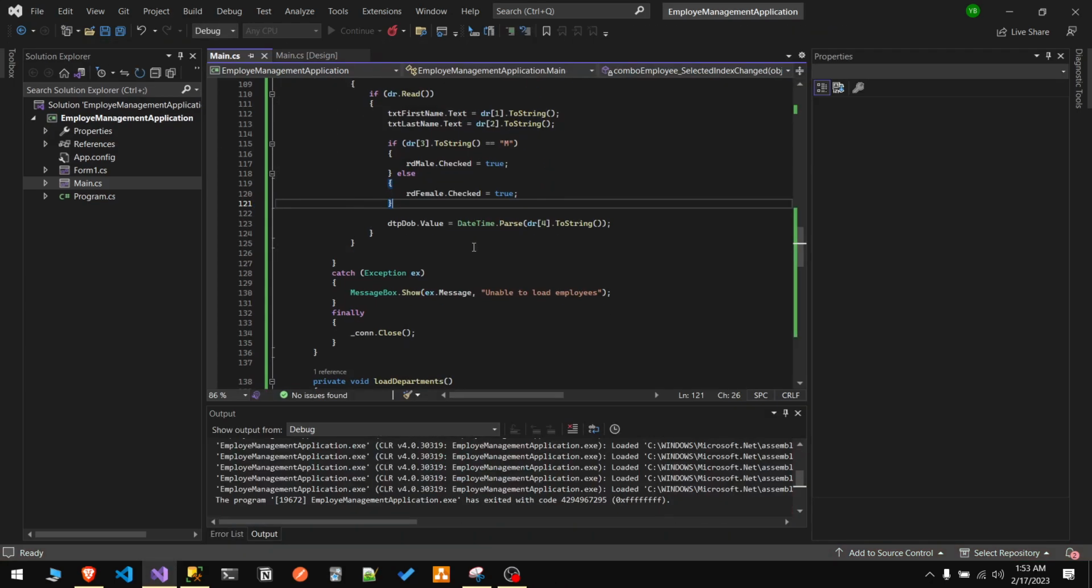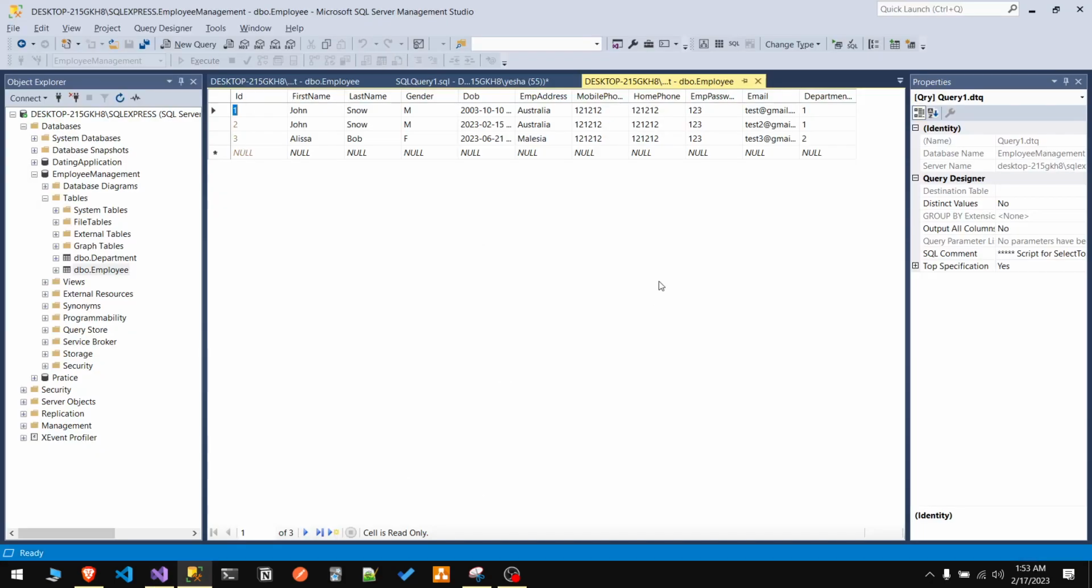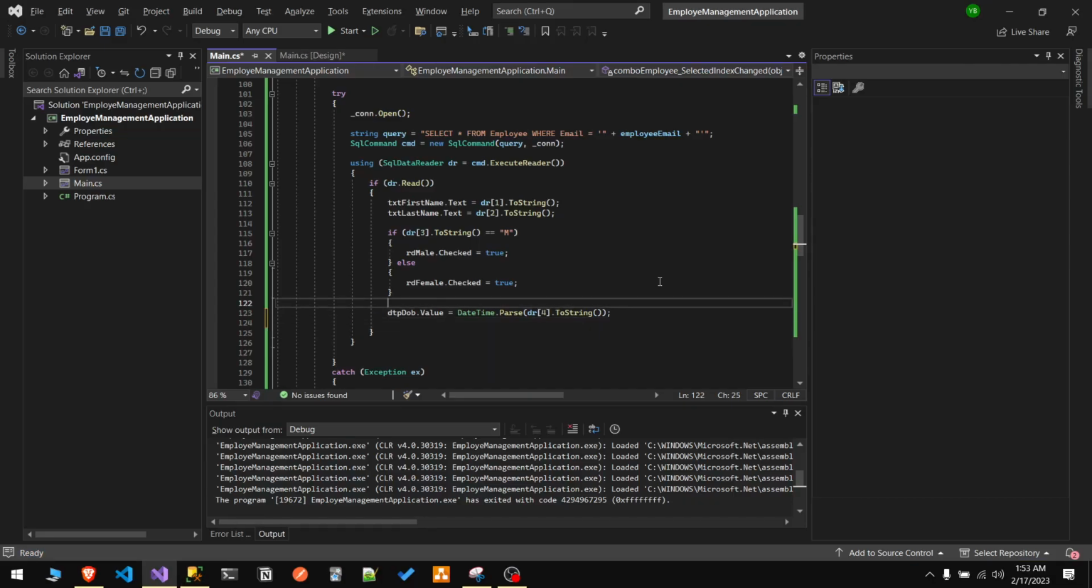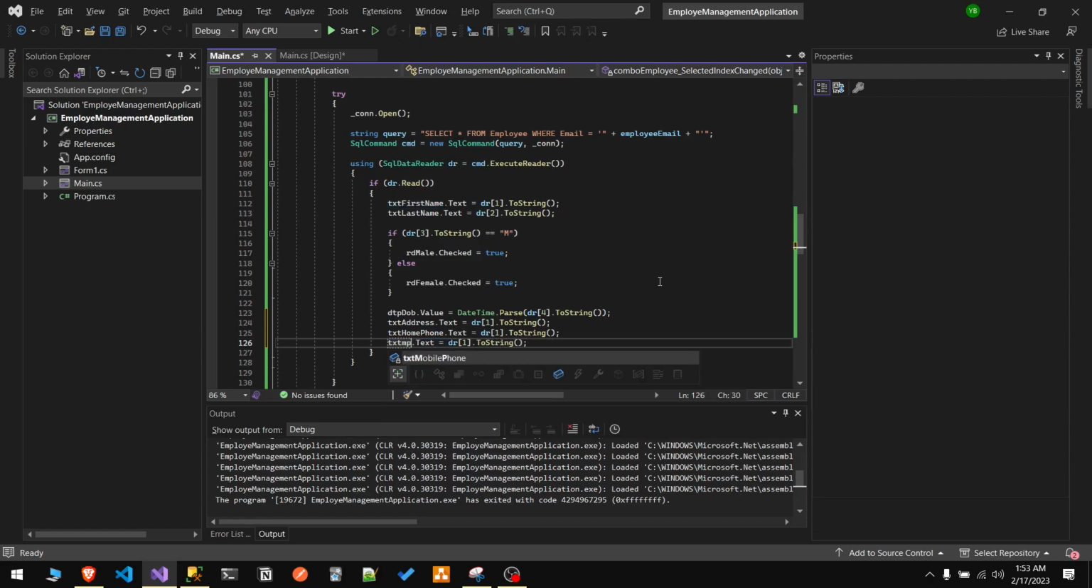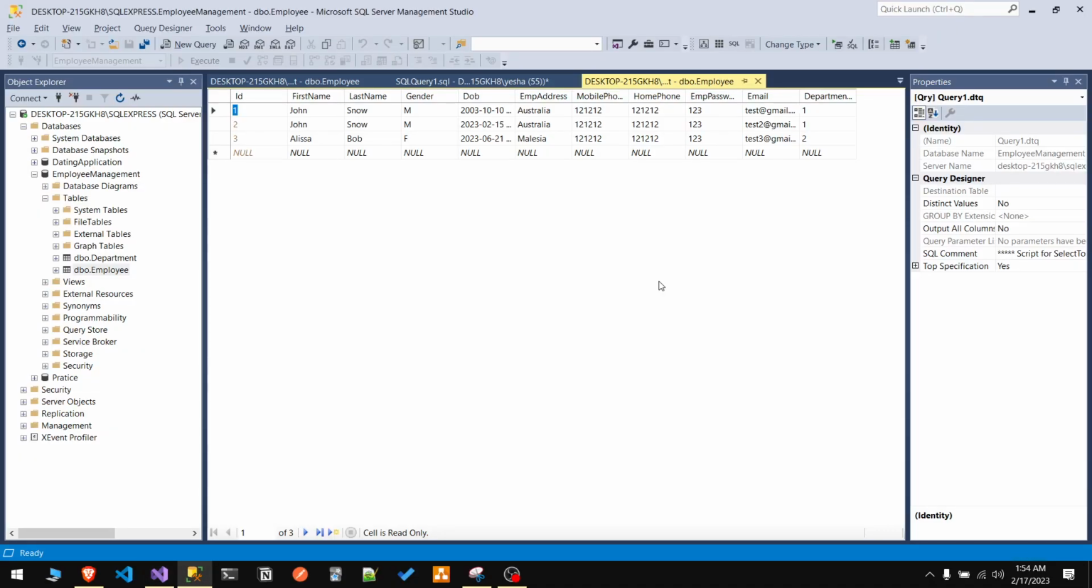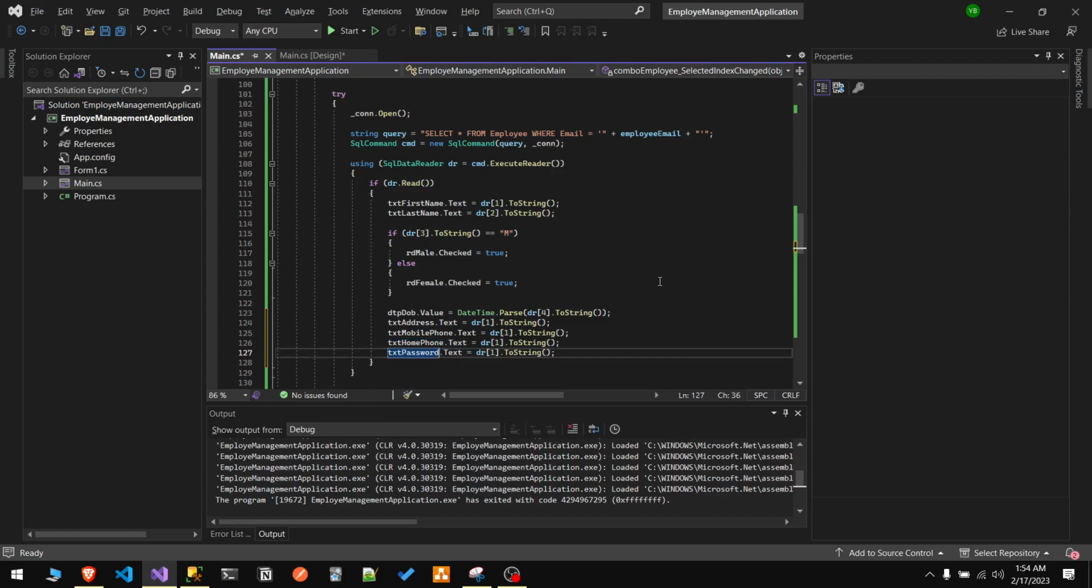Yeah, that works. And then next we have the address. Let's just copy these things, right? It'll be the same values, except the index would be changed, right? So txt address, txt phone, home phone, txt I think mobile phone, right? So txt mobile comes first, yeah. Txt password, txt email, and then as for the department,